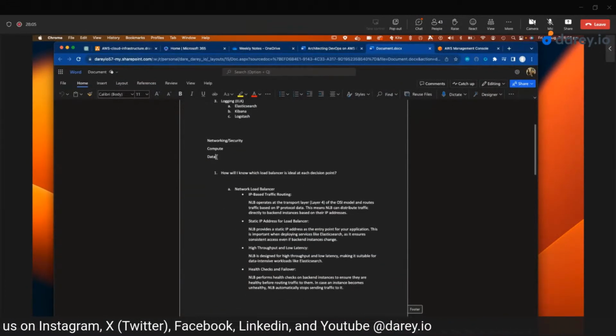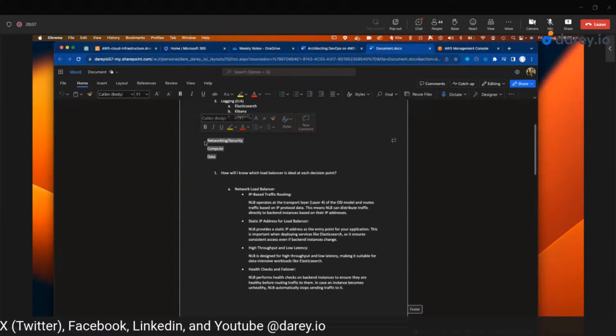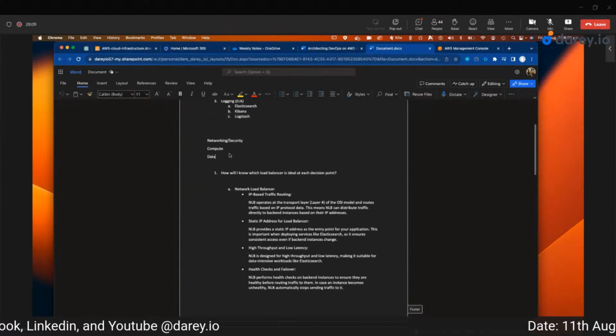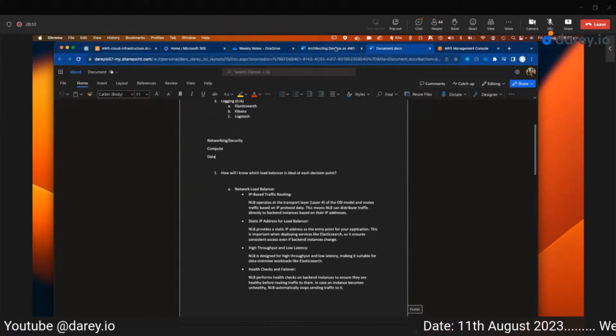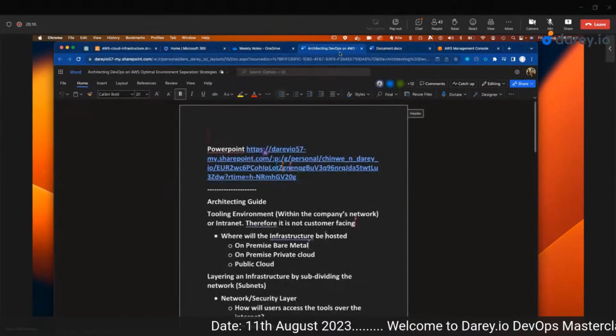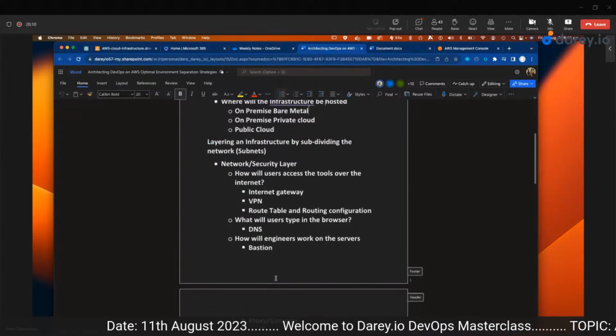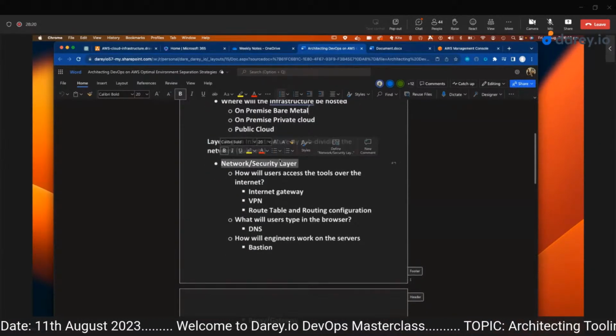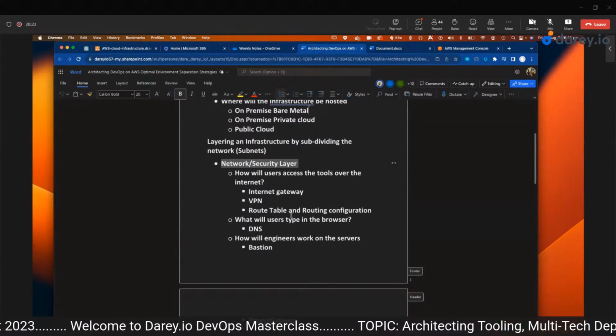Okay, so I put these three things here, which is basically a follow-up on what we had before. So networking/security, compute, and data. Always think about those three. So when it comes to networking, we're thinking about how will users access the tools